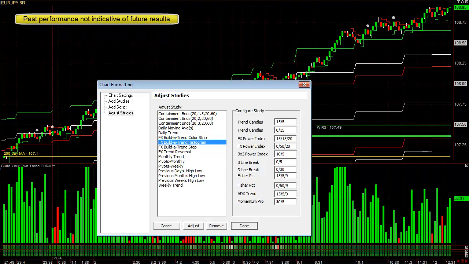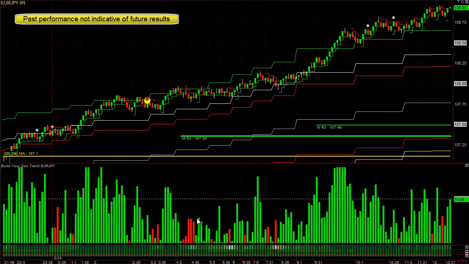And the bottom two measure intensity. ADX Trend and Momentum Pro. Momentum Pro measures how much each bar is moving compared to the last 20 days average for that time of the day. So I give that a huge 30% weighting. Because if markets aren't moving that much, you're not going to see many extremes. Anything at and underneath the 80 level, or anything significantly underneath the 80 level, is just really not that strong or not that weak. If you're going to trade currencies that are really taking off like this, it's really better